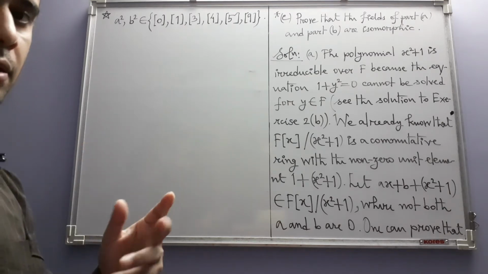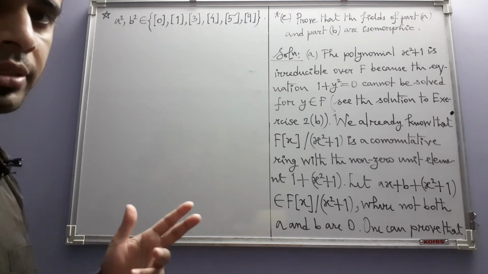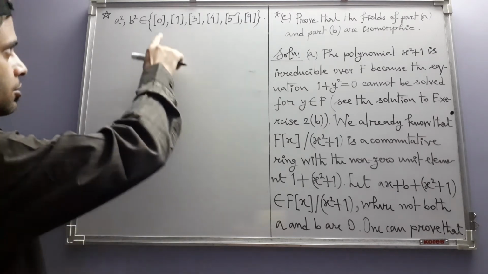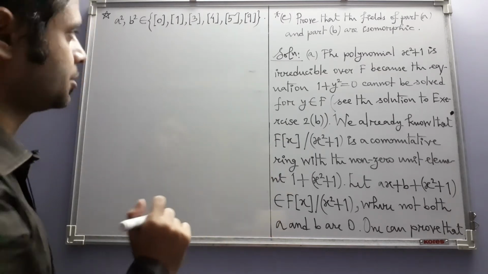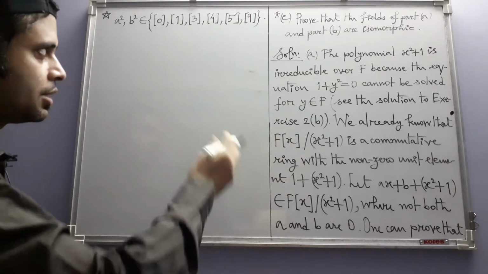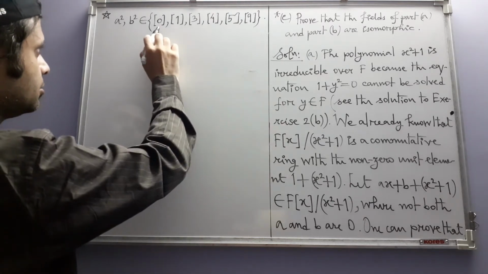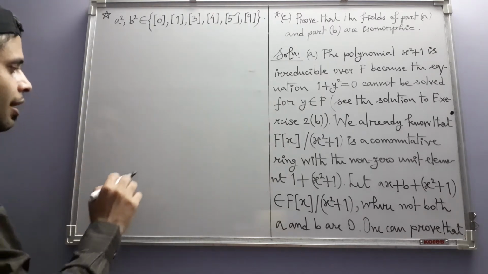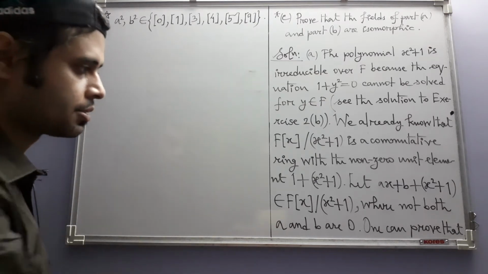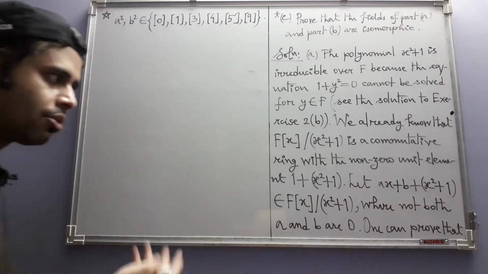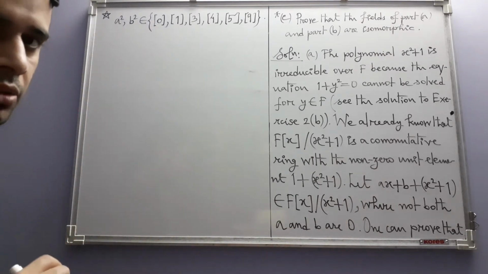These brackets, don't forget that our field is the field of integers modulo 11. So that means they are not actually literally integers, they are congruence classes modulo 11. So these brackets indicate the fact that these are congruence classes, and the modulus is fixed, which is understood, so we are not mentioning that here. So what you have to do, you have to take the squares of all the congruence classes. This A and B, these are all congruence classes, these are not numbers, these are congruence classes modulo 11.